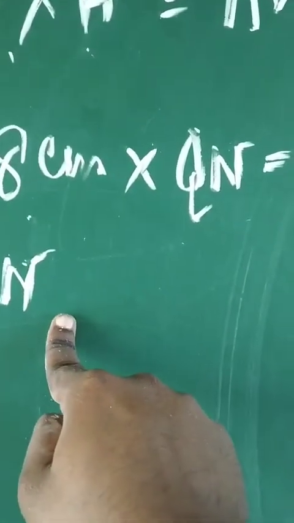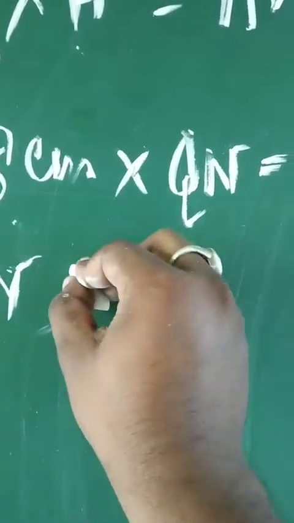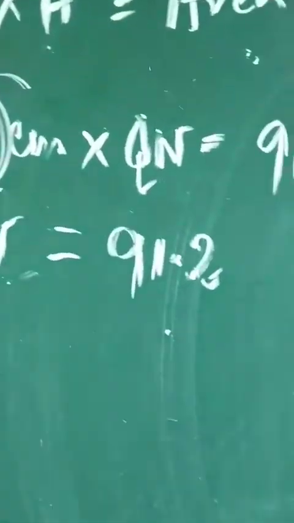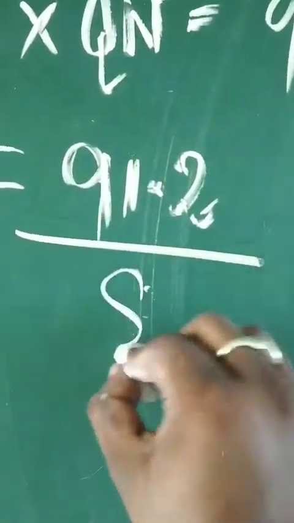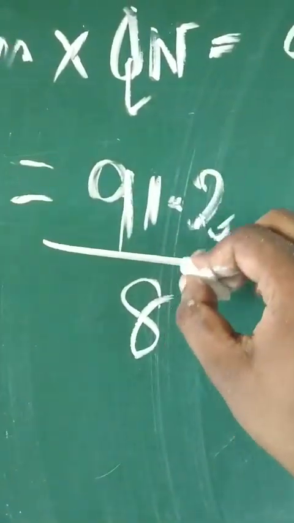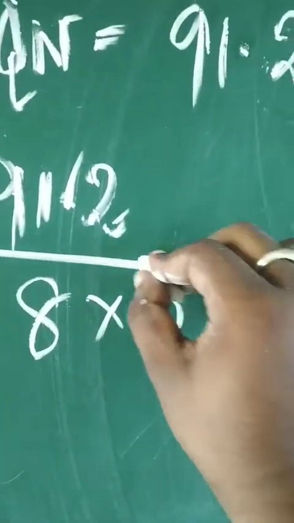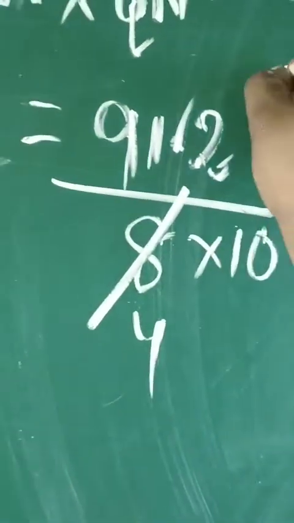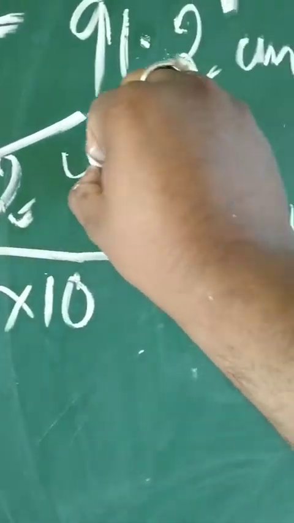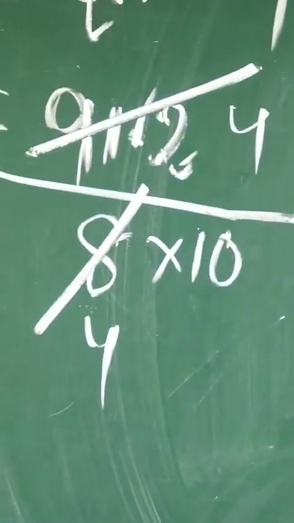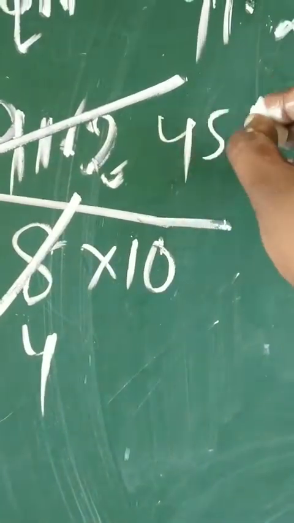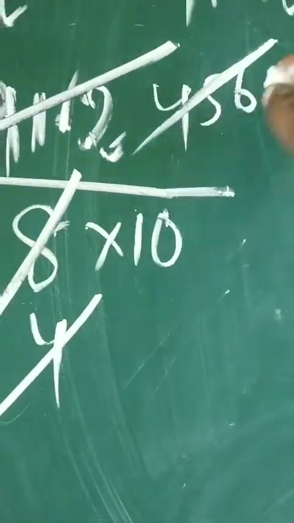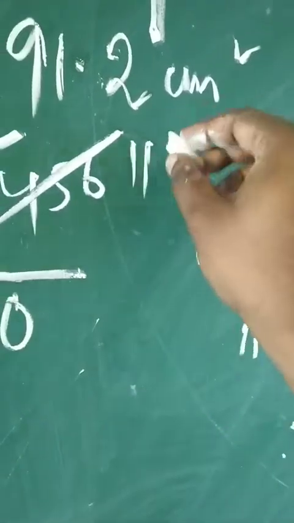From here, using the linear equation process, we keep QN over here. 91.2 was on the right hand side. 8 will be transposed to the right hand side and will be divided. So we are removing this point and we are bringing 10. Let us cancel it by 2. 4 2s are 8, 1 9. 4 2s are 8, 1 9. 5 2s are 10, 1 11. 6 2s are 12. Again it can be cancelled by 4. 4 1s are 4, 1 5, 4 4s are 16.